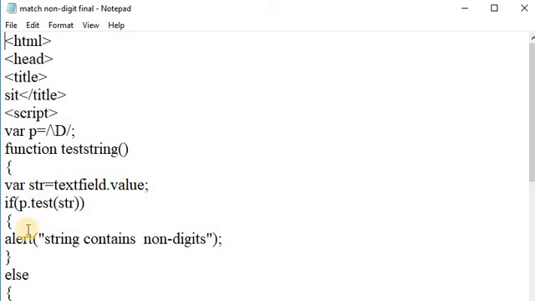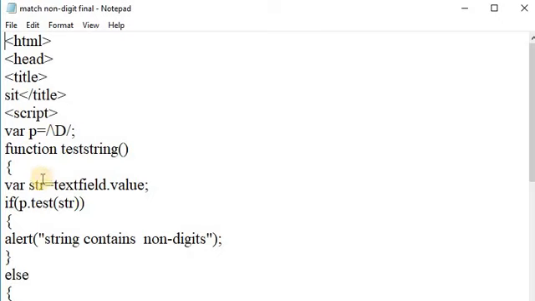Here this pattern, var p = /\D/, is used to define the pattern to check that the string contains no digits, meaning the string contains characters.